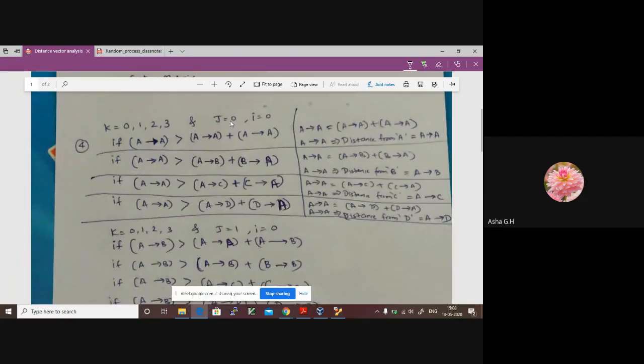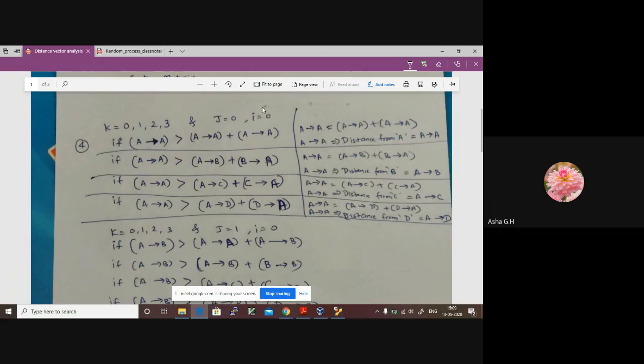As we know, I, J, and K are the 3 variables used to find out the shortest path. This is a very important part of this program. This finds the shortest path, the efficient path. Here I is equal to 0, J is equal to 0, K is equal to 0 initially. When I is equal to 0, I is less than n, I plus plus. Then it will come to J. J is equal to 0, J is also less than n, then it will come to K. K is equal to 0, K is less than n, then it will execute all these.